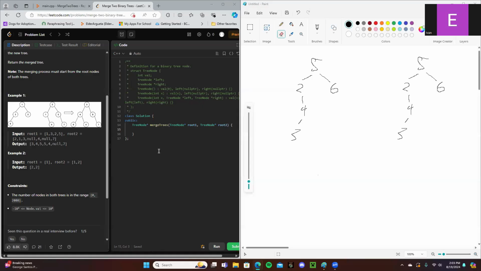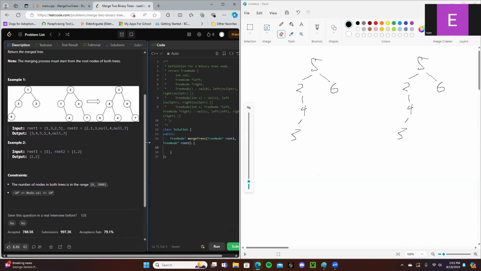Hello. I want to go over another LeetCode problem. And this involves merging two trees together. So here we would merge the values of each node together, starting from the root all the way